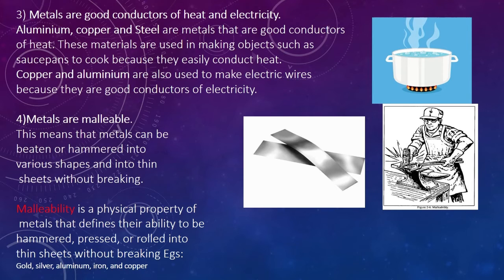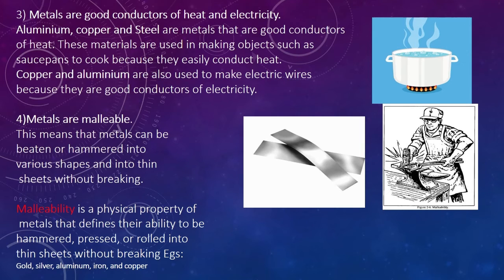Now, when you look at aluminium, copper and steel, mostly when you go to our kitchen, you will find aluminium and sometimes steel saucepans which we use to boil water, we use to prepare our palm nut soup and groundnut soup and other kinds of soups. Why? Because fire can go through them. That is, they are good conductors of heat. They absorb a lot of heat, which makes them good conductors of heat.